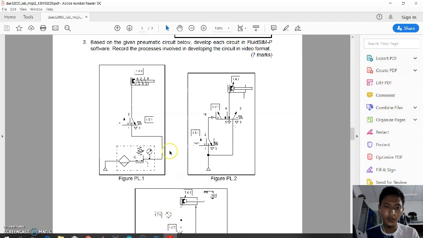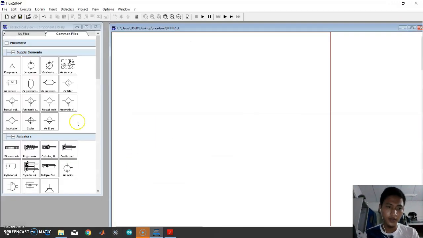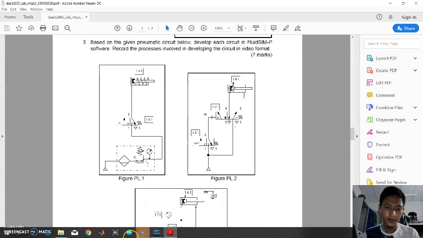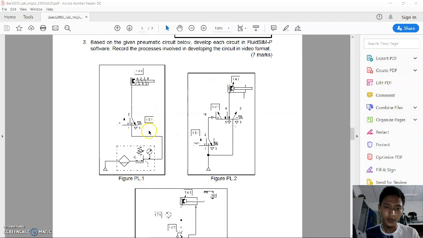So first of all, we connect the first circuit. We do the first circuit. For the first circuit, we need a compressor, air service unit, then we need a 3-way valve and a single action cylinder.